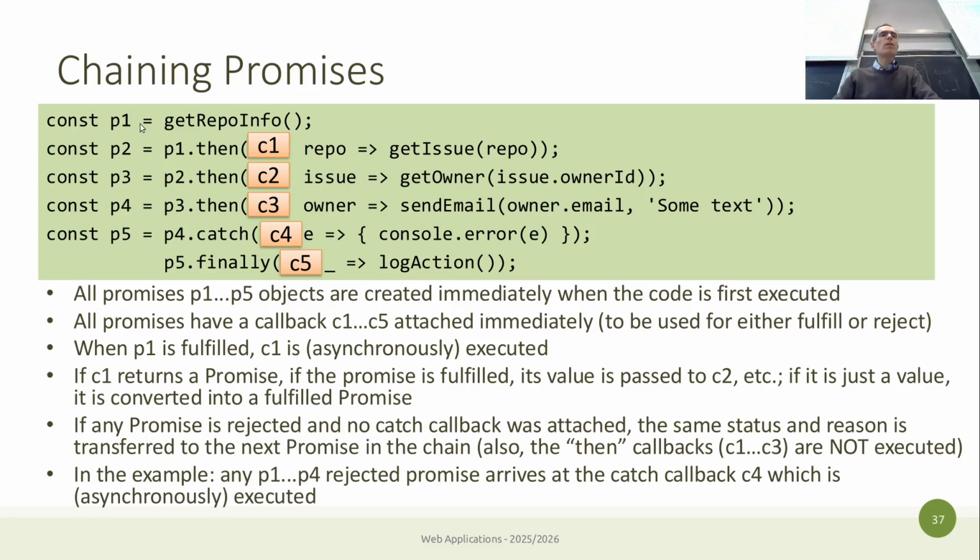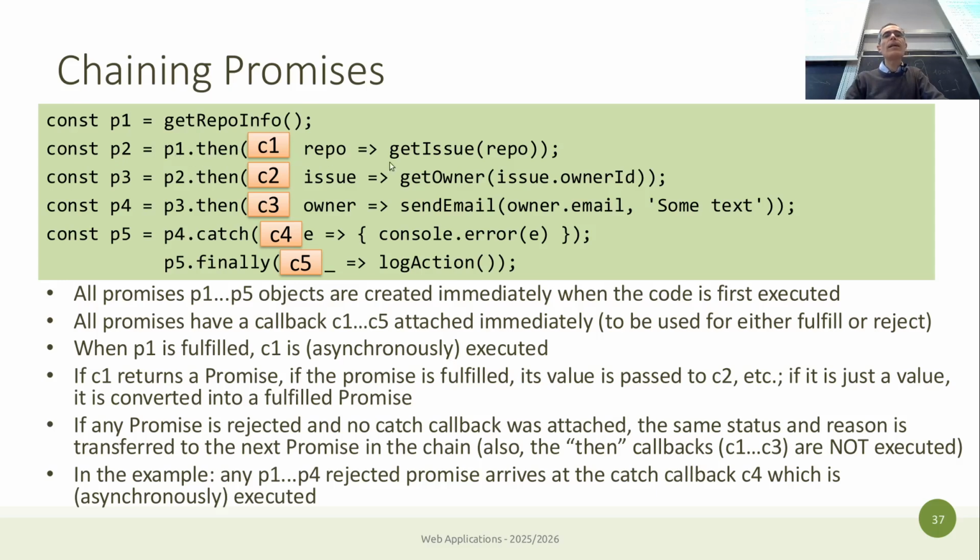Okay? So, get repository info gives us a first promise. It's a function that does some asynchronous operation, but to avoid writing a callback inside here and the rest of the code inside this callback, it gives us back a promise. This promise will be settled once the asynchronous operation has finished. It's like it goes, I don't know, to the database or a server and asks for information. It needs a way to get this information. And so then